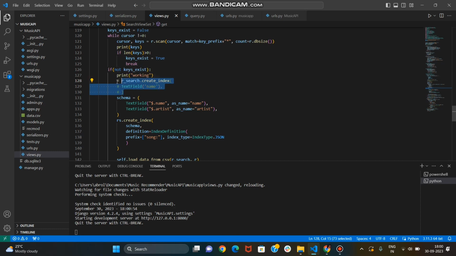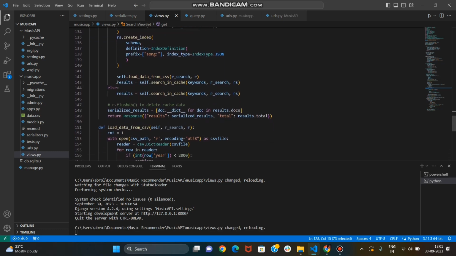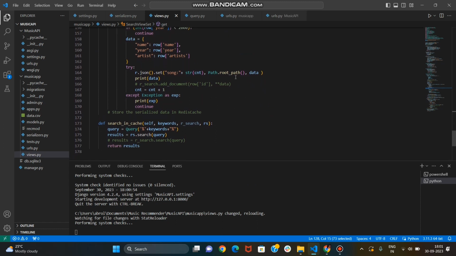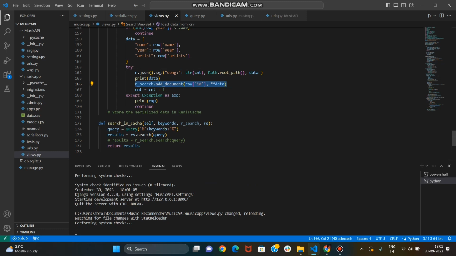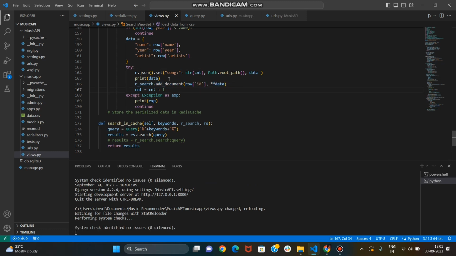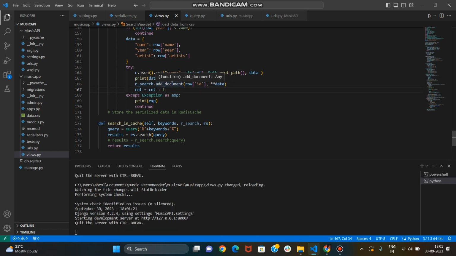So this can also be implemented, and the other difference lies in adding the document. So there is one thing to consider here. When we are using Redis as a cache storage, we use the r.set method. But for RediSearch, that particular library, it also has its own cache memory. So the rsearch object, in that rsearch object, we can add document. So here I do not need to specify a particular index like song colon. We can add data here,